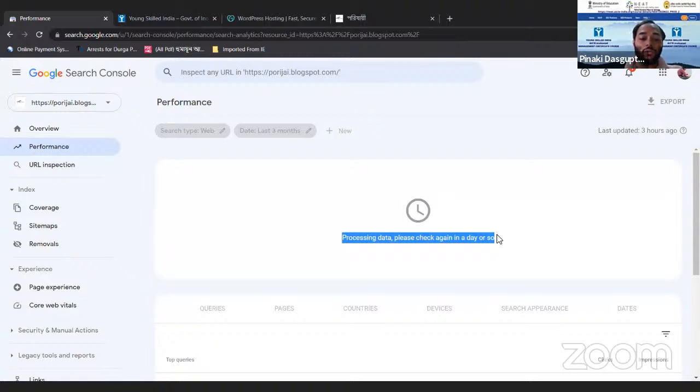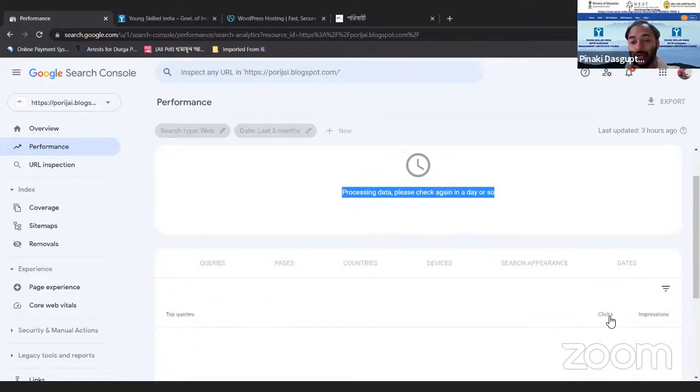We can also check what queries people are searching to find my website, which are the most popular pages within my website, from which country or location the traffic is coming, and from which devices people are coming to my website. So see, these are all the parameters: queries, pages, countries, devices, search appearance, dates. And here you can see the top queries, clicks, impressions. So do you know what is impression and click?